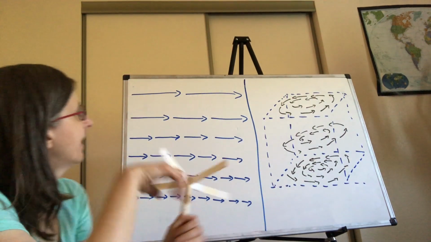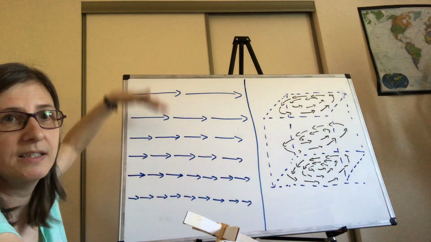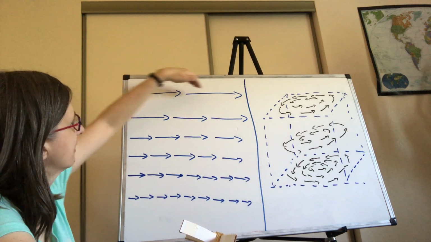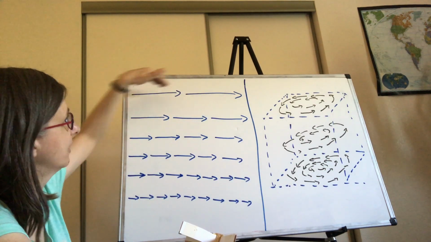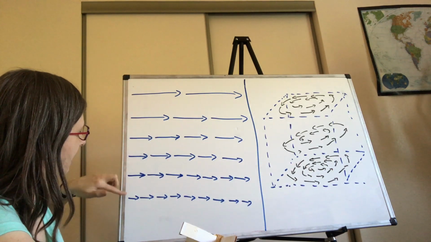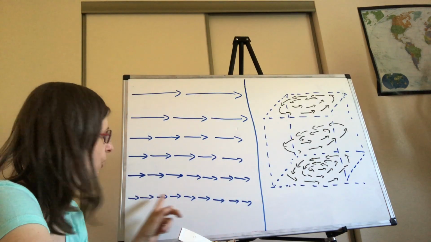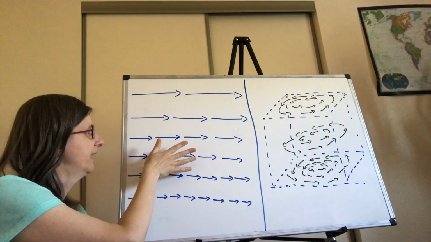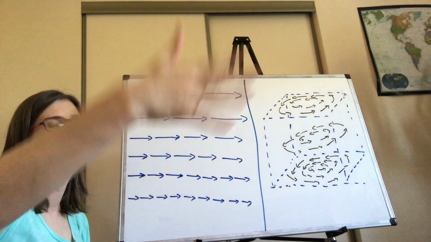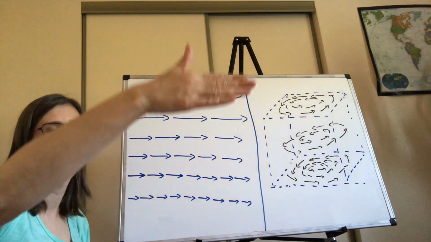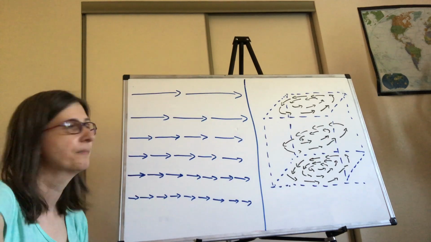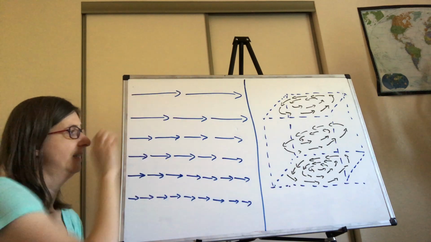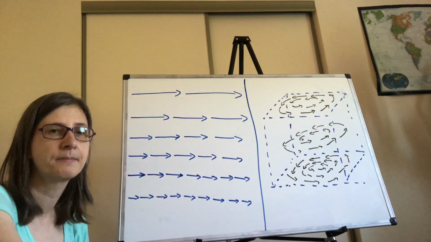Imagine this is a river, and so these vectors right here are actually velocity vectors. So over here the velocity of the water is large magnitude, so it's moving pretty quickly, and then over here it's moving more slowly. We have shorter velocity vectors. And imagine we have a 3D situation right here, so all of that would continue in this direction. So it would just be parallel, or the vector field would be parallel in this way. So we basically have flow in that direction, strong flow over here, less strong flow at the bottom. Now,